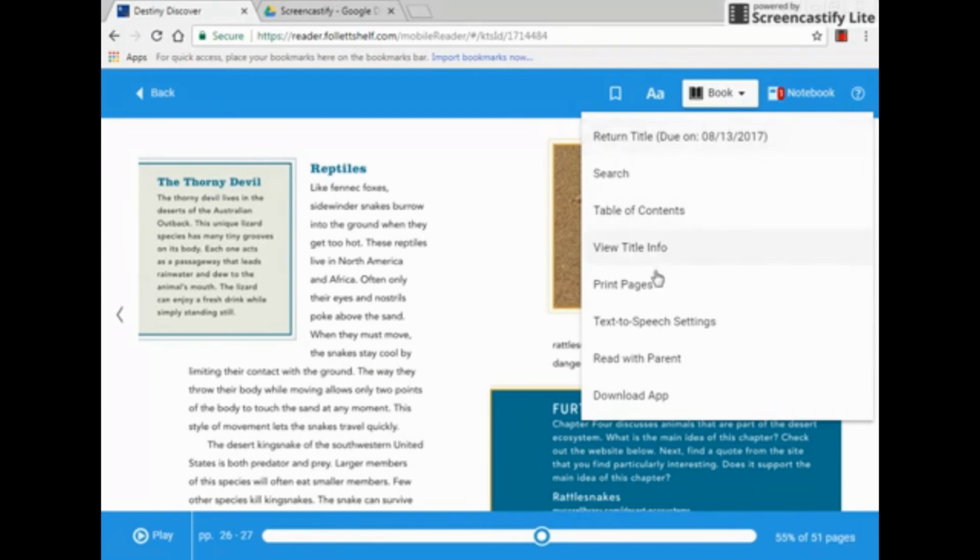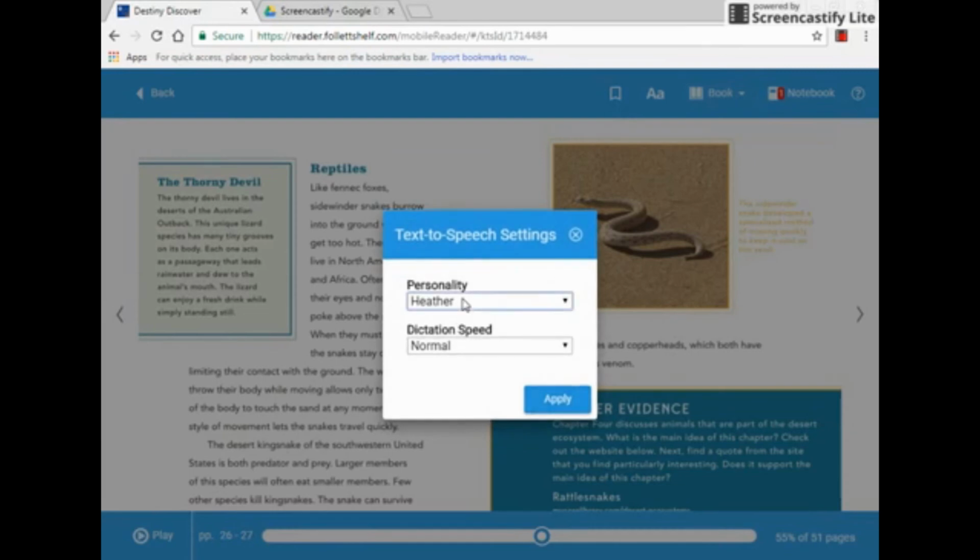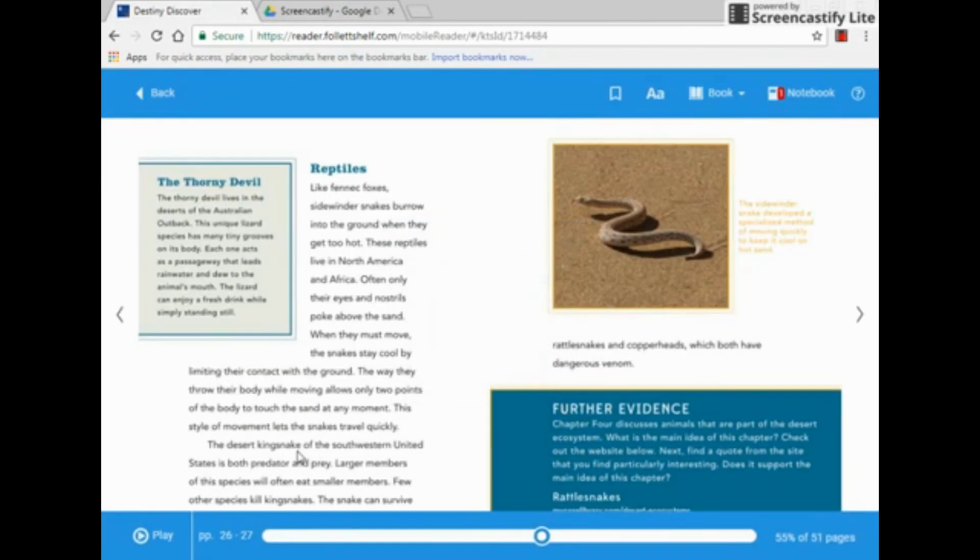I can also use a text-to-speech settings. Okay, so this just changes the settings. I can change the speaker, so it could be a girl or a boy or different voices. I can also make it slower, or I can make it faster. I'll keep it at normal, hit apply, and you'll notice right down here, there's a play button. If I click on that,